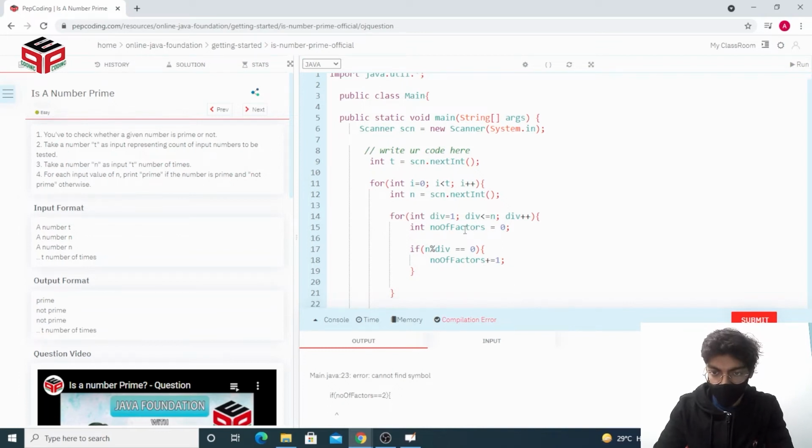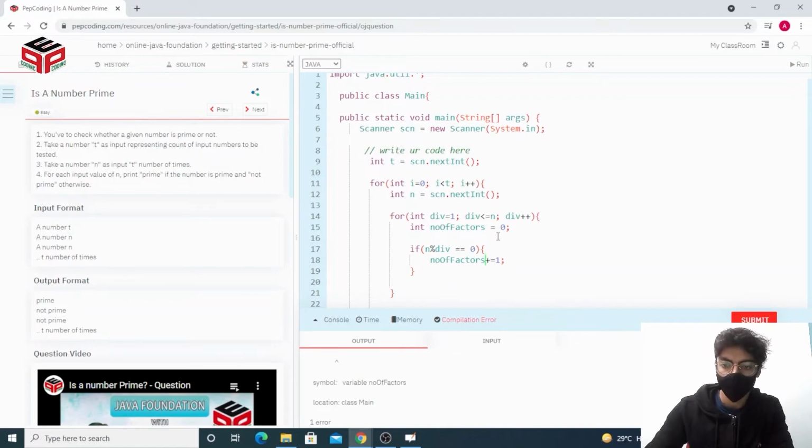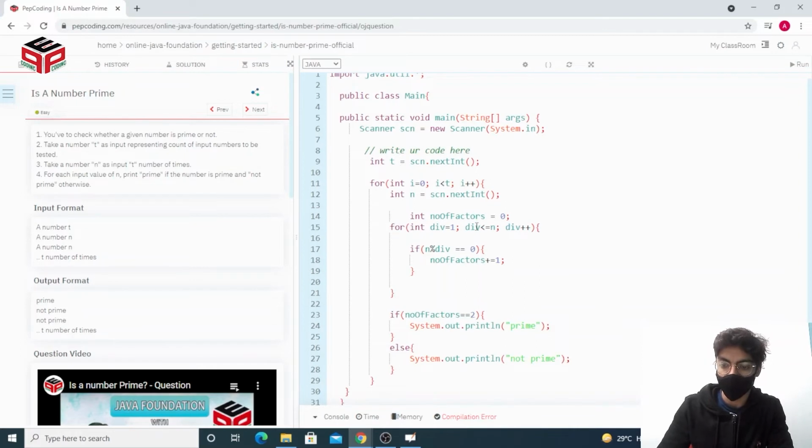Looks like I have made some error, in the spelling most likely. Actually, this variable will need to be defined outside the loop because we are continuously working on it.